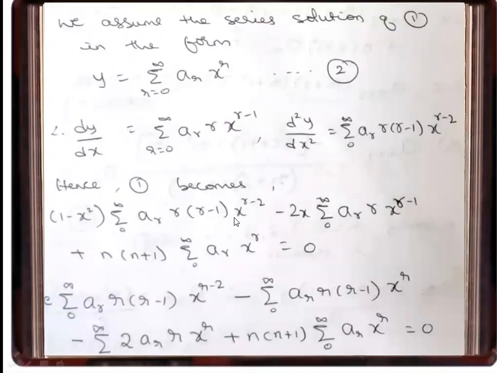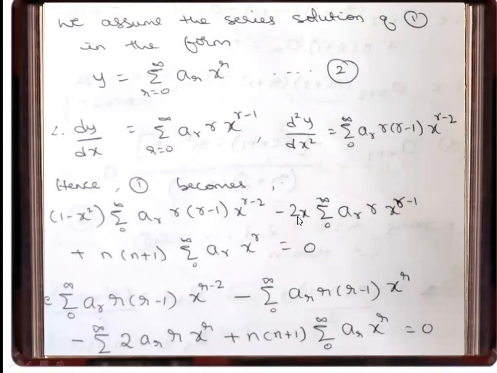If the bases are same, then we can add the powers. So here this power is 2 and here its power is r minus 2. So 2 plus r minus 2, 2 cancel. So we get x to the power r. Okay, so here we got x to the power r because we have multiplied x square inside the bracket.